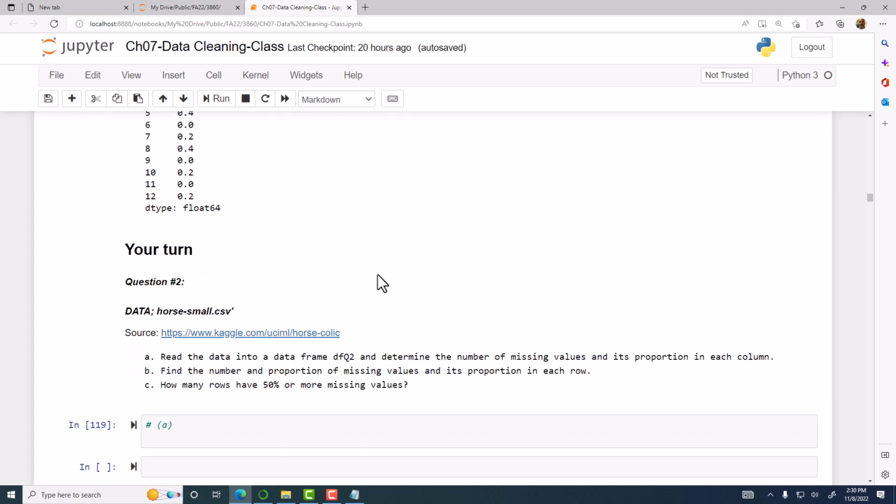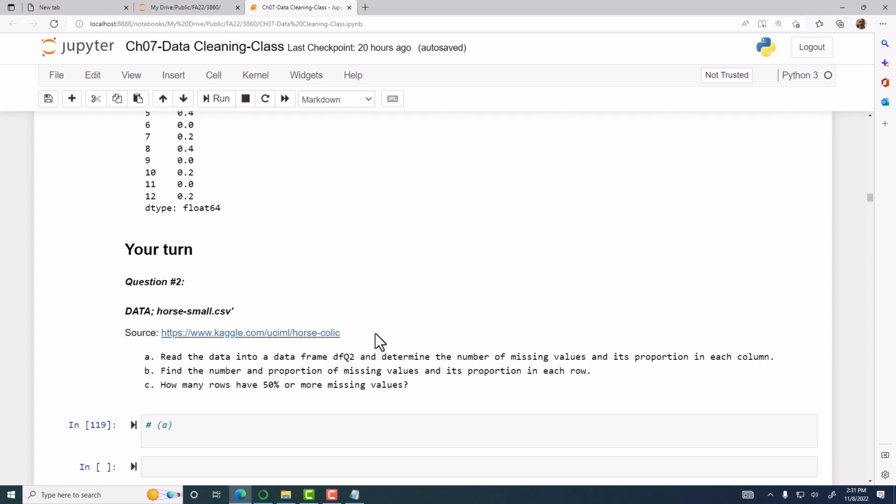All right. So now we're going to use this data set for the rest of the chapter for your turn. This should be already there in your data folder. It comes from this website, and it has lots of columns, but I got rid of some of them, so we will have a manageable number of columns to work with. So first thing, we're going to read the data